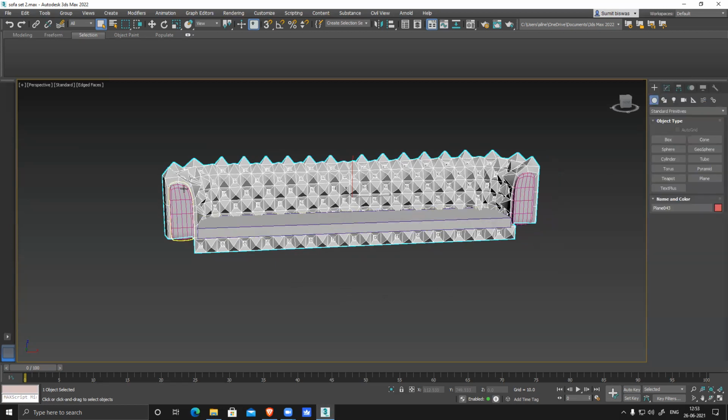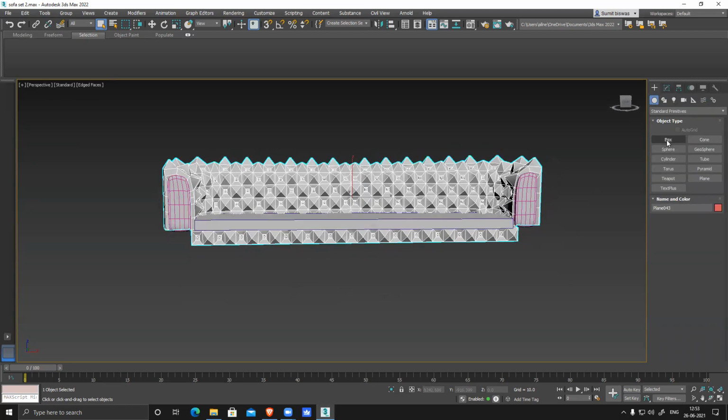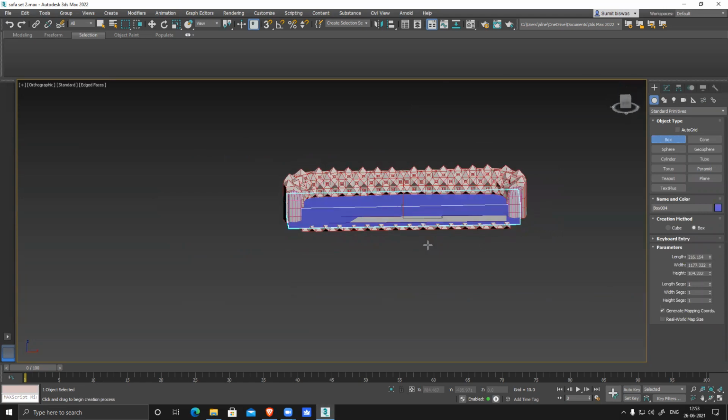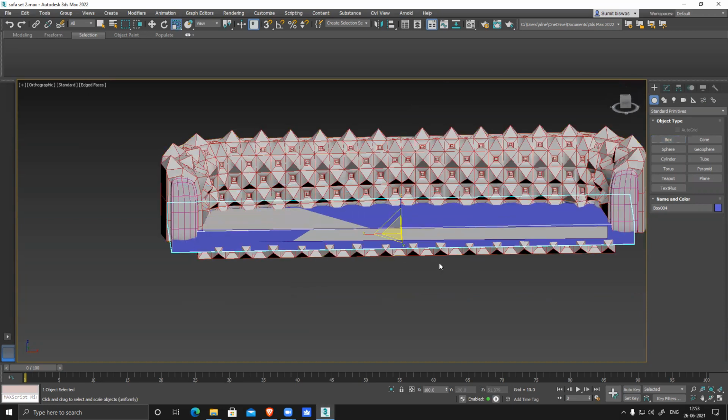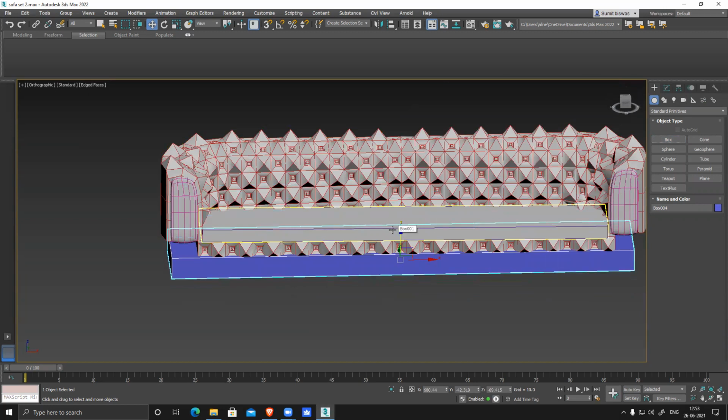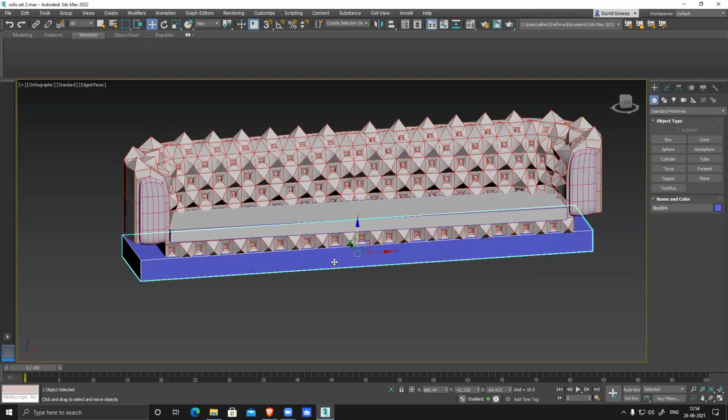Okay, so this is your sofa. You need to create a base. You try to figure out. Let's create this thing, a box. Tell me what to figure out in this thing. I just want to know that. I'm not trying to demoralize you. I need to understand what your issue is, so that I can fix that and help you out accordingly. Getting my point? So now this is a sofa. There is a base. It's a box. So how difficult is it to understand? That is what I want to know.